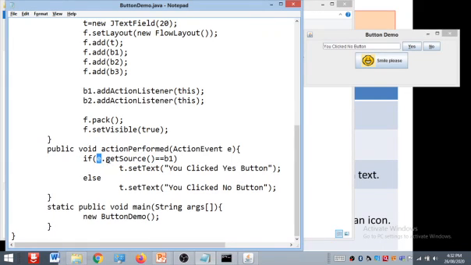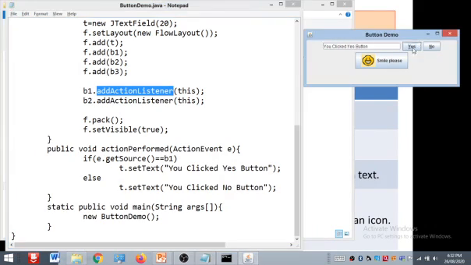So E, what is E? E is an object of ActionEvent, and it means whenever we click on B1, this add action listener will register the B1 object. So this object is passed to this E ActionEvent, and here you may observe e.getSource. We get the source. Suppose we press yes, so we get the source of B1.